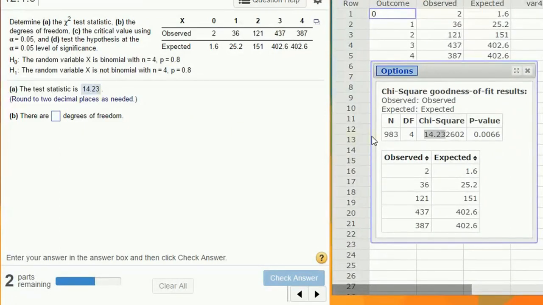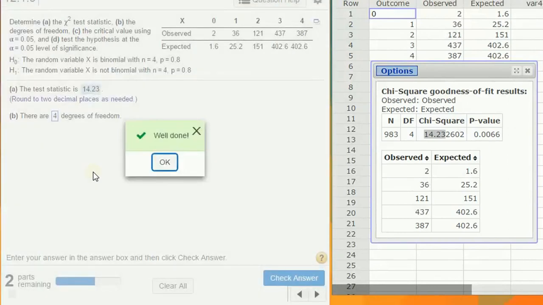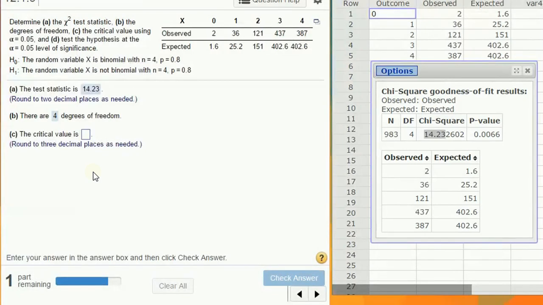How many degrees of freedom? It tells it to us right here. There are 4 degrees of freedom. df is degrees of freedom, 4 degrees of freedom. In this case, it's one less than the number of what we call treatments or levels for this single factor, but don't worry too much about that. It's given to you right here in the output table. The critical value